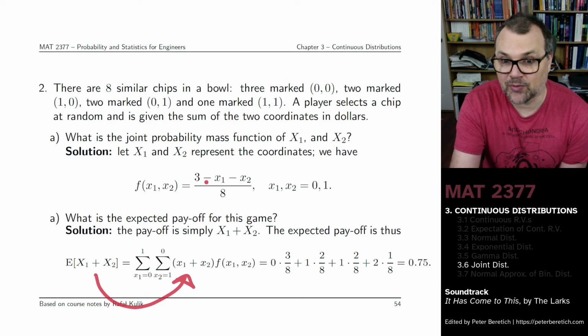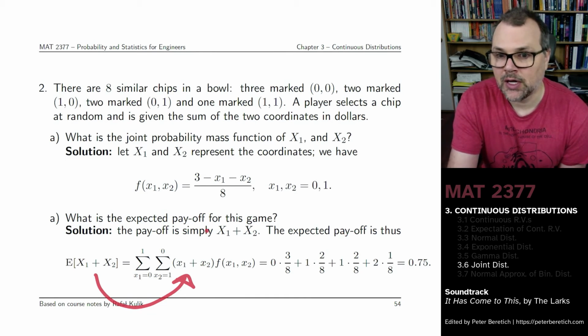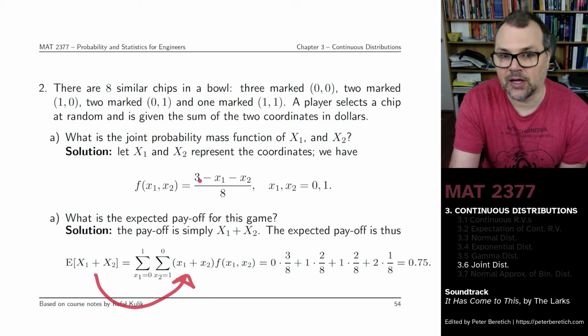Now we know what the probabilities are, like this: 3 over 8 for 0, 0, 2 over 8 for 1, 0, 2 over 8 for 0, 1, or 4 over 8 for one of them being 1 and the other one being 0, and then 1 over 8 for having x1 and x2 both being 1. These are the probabilities,